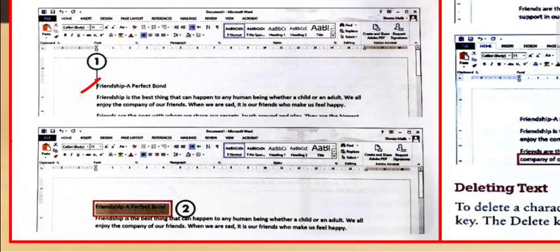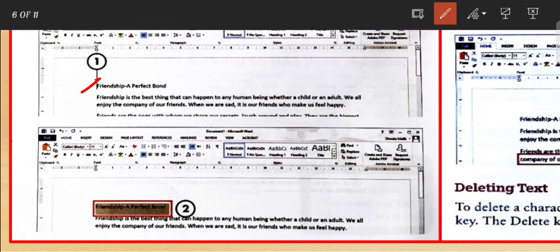So basically you need to follow two steps: place the cursor before the text to be selected, then keep the left mouse button pressed and drag the mouse over the text, and then release the mouse button and your text will be selected.